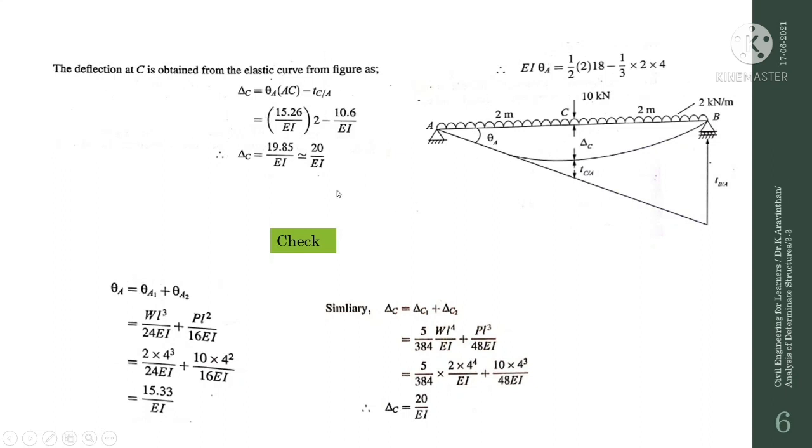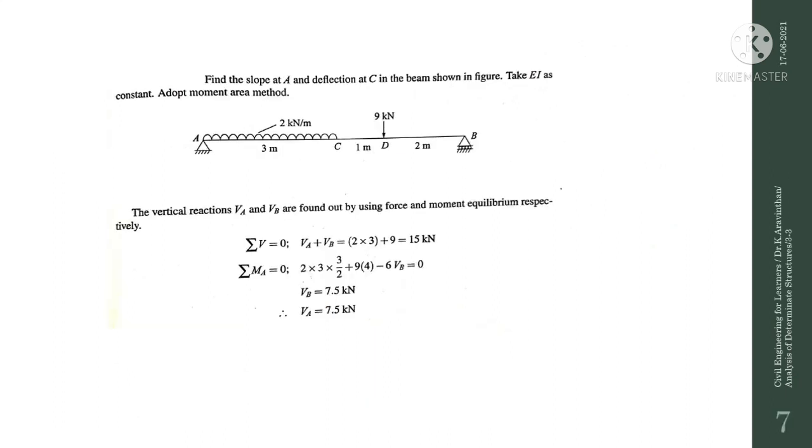Hence for university questions, if they are in particular asking for the procedure of finding the deflection of the beam, you have to follow this procedure. So this is a quick way of checking. Also for the theta, we have the formula. If you substitute this, you will be getting 15.33. So you can cross check with the formulas.